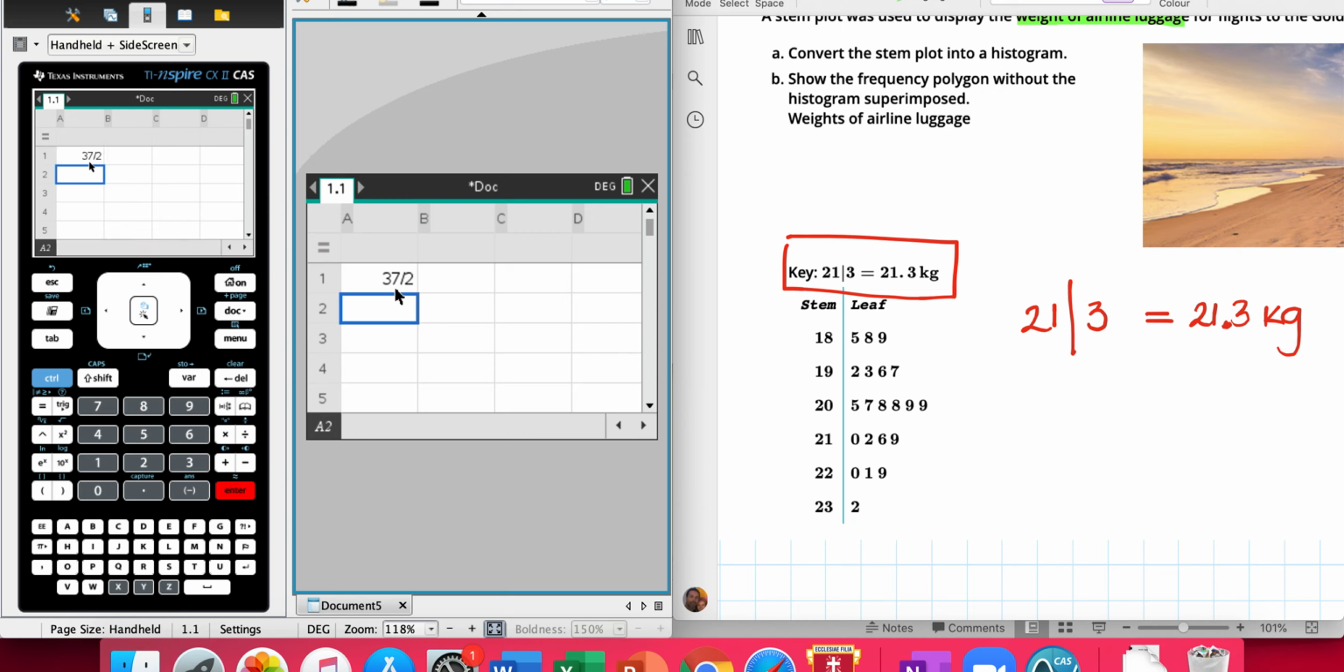So 18.5, 18.8, 18.9, 19.2, 19.3, 19.6, 19.7, 20.5, 20.7, 20.8, 20.8 again, 20.9, 20.9 again,